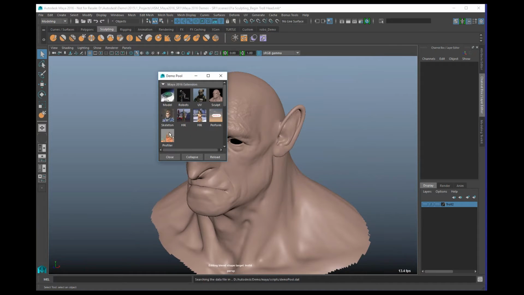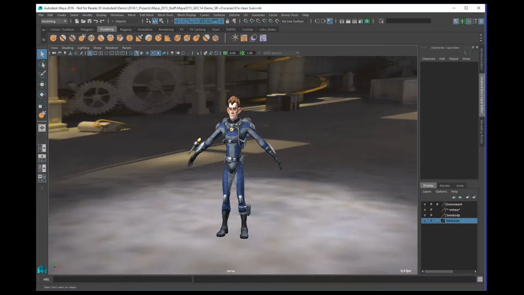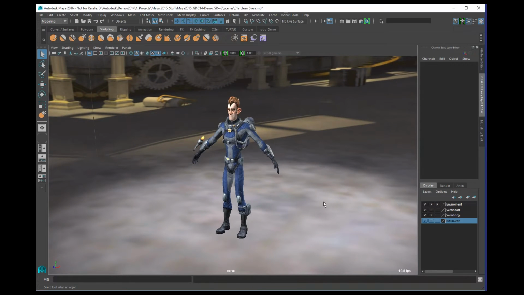Okay, another very interesting feature is actually not even one that came with Maya 2016. It's a little bit older, but very little known. Many people don't know how to use that tool. So let me show you how that works. So in this example here,